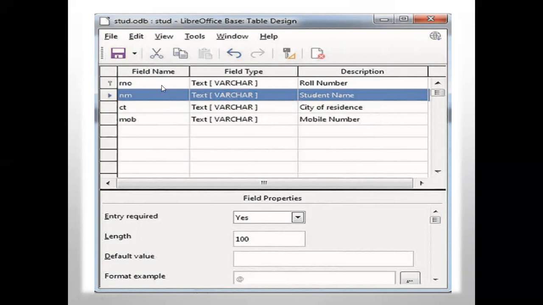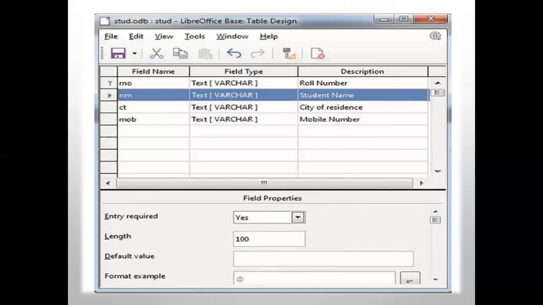For name, it will be text. For roll number, if you take, it will be integer. For date of birth or admission date, it will be date and time. These all we will be using. Attendance, yes or no. Male or female, for that you'll be using the Boolean data type. So these all fields you have to fill one by one.